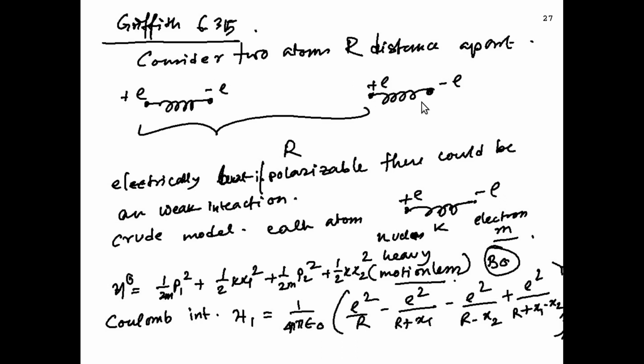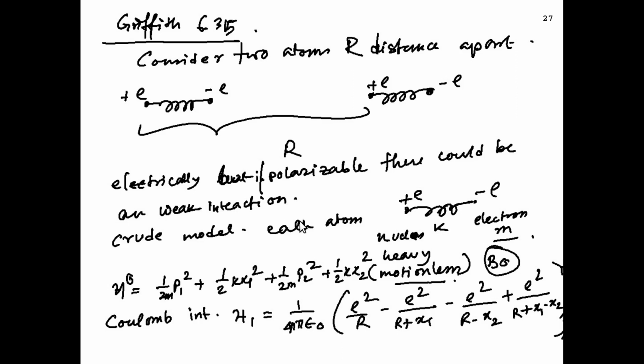So that means the atom is like a dipole moment, there is a spatial extent, even though that is very tiny. If r is too big compared to the distance between plus e and minus e, then of course the atoms will not see anything. But if r is reasonably not so big, there is still some interaction, because the atom is not just a neutral blob, it is made of a positive and negative part. So let's try to estimate the strength of this interaction.